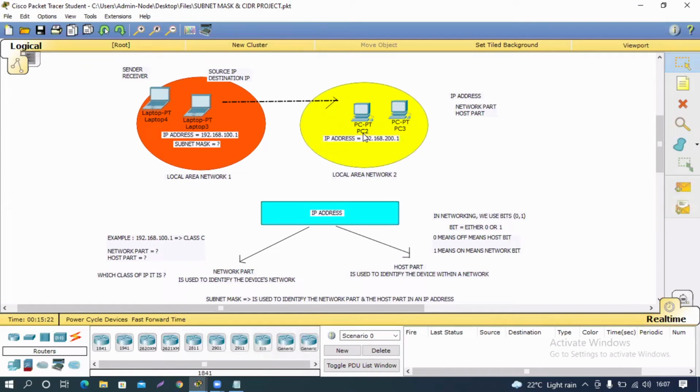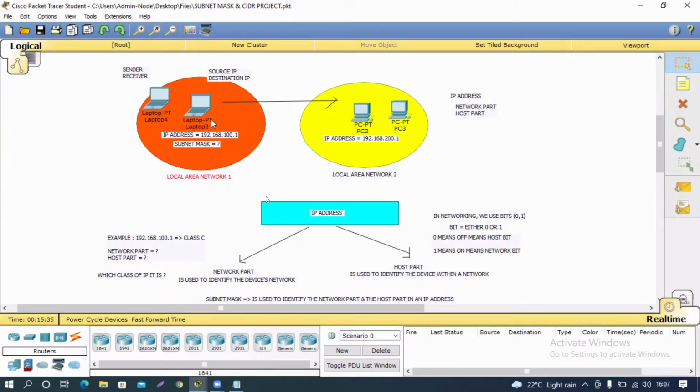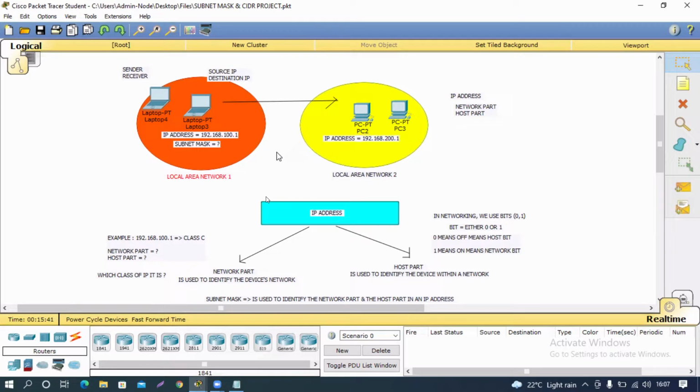Who is communicating to PC2 in local area network 2? Okay, so when I'm asking you the question, which machine from LAN 1 is communicating to LAN number 2, you are saying that laptop 3 from LAN 1 is communicating. But if I ask you the same question in different ways,